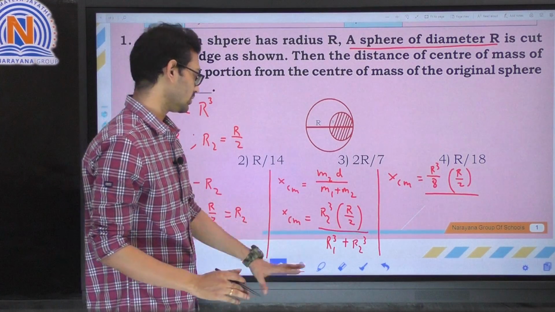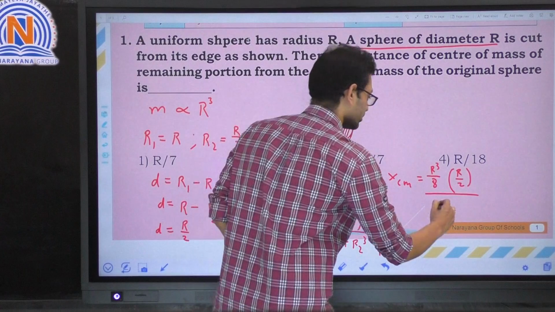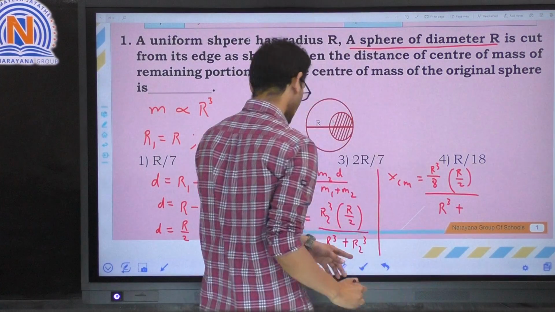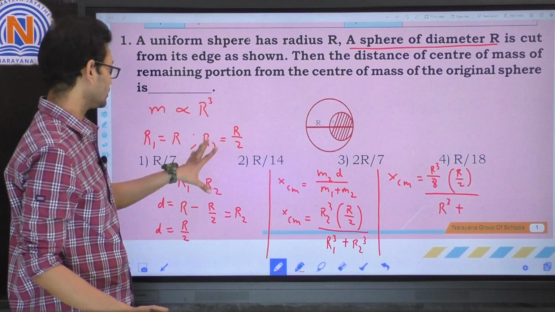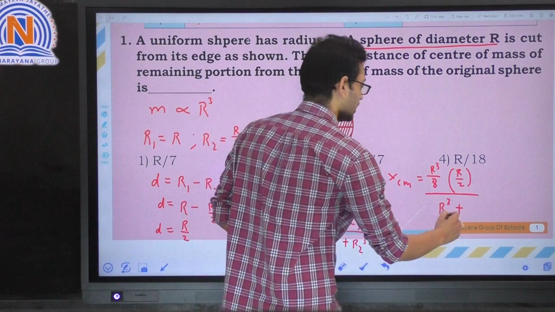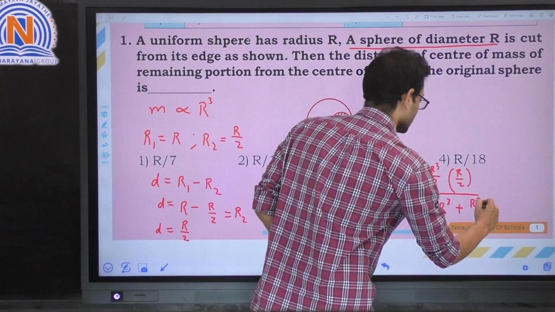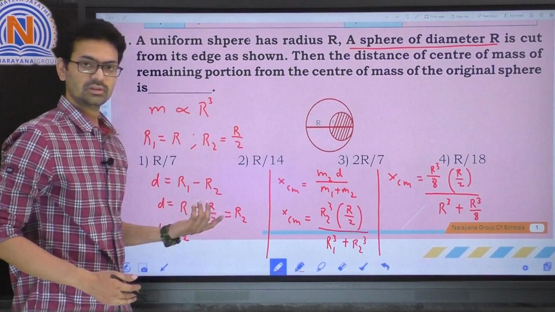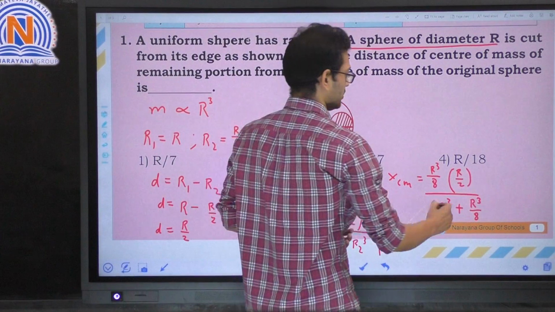Now r1 cube is how much? R1 cube is r cube only, plus r2 cube. R2 cube is how much? R by 8, r cube by 8. Now if you are solving this, you are going to get r by